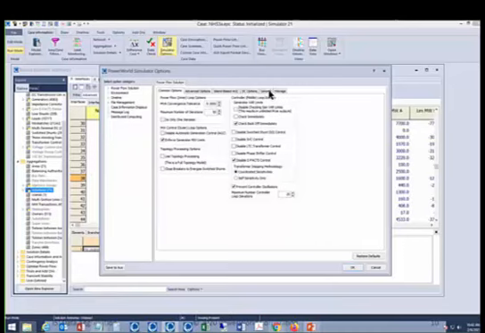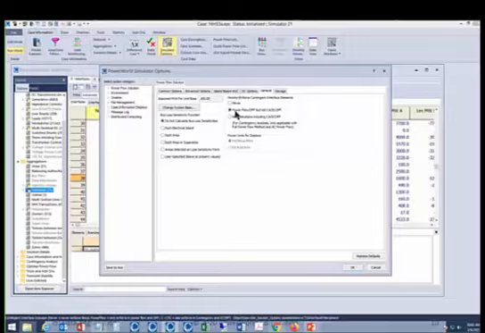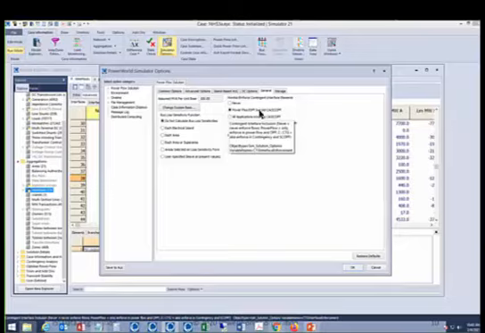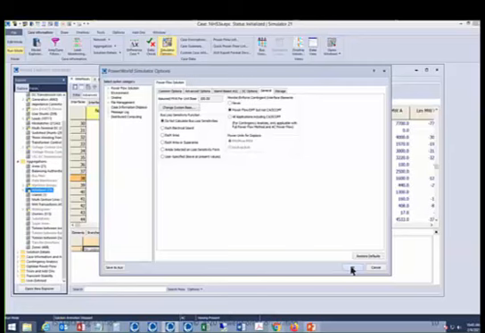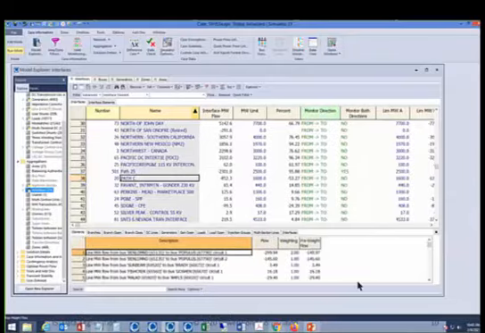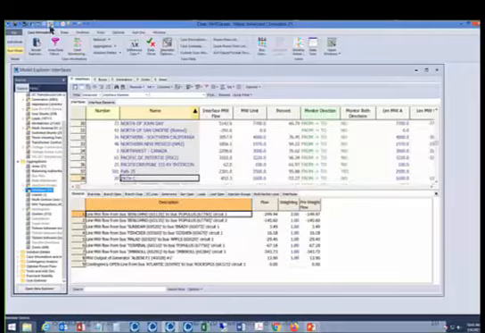And then I go to the general tab. And, oh, actually this is set. It's set to calculate the contingent interface elements during the power flow and the optimal power flow, but not during contingency analysis and FCOPF. So this is a broader topic that we get into more when we look at the optimal power flow. But if I just choose that option right there, then the next time I solve the power flow case, and I hope this case solves without any issues, I didn't check that first,